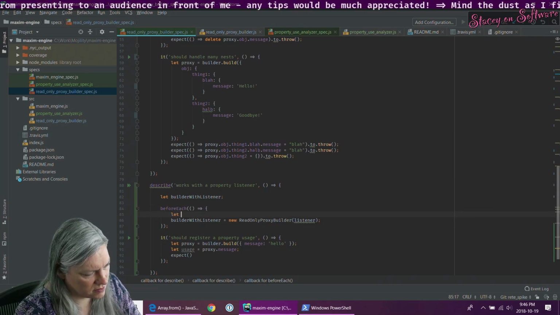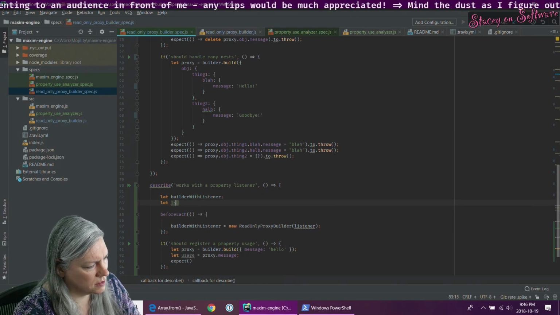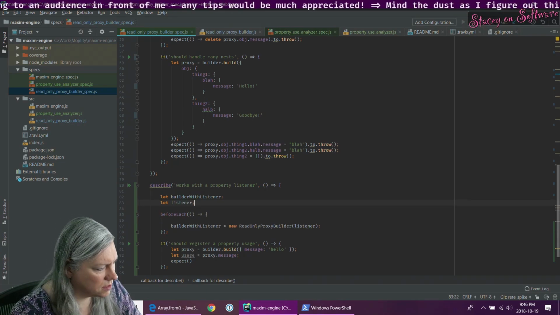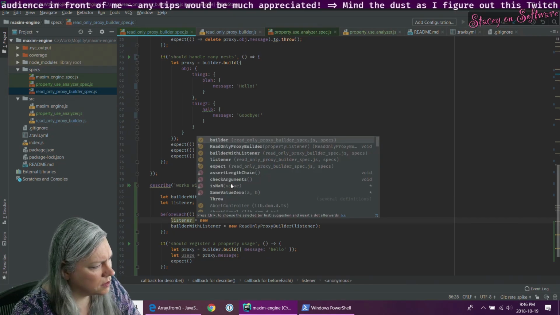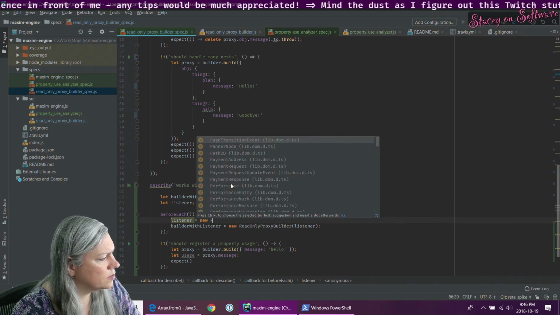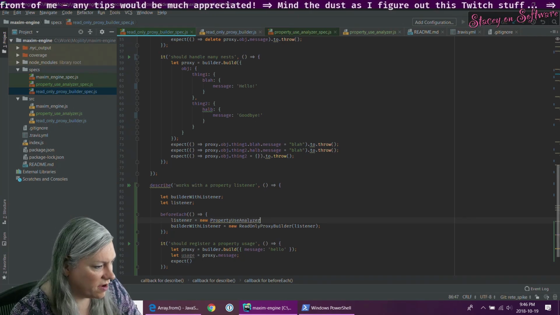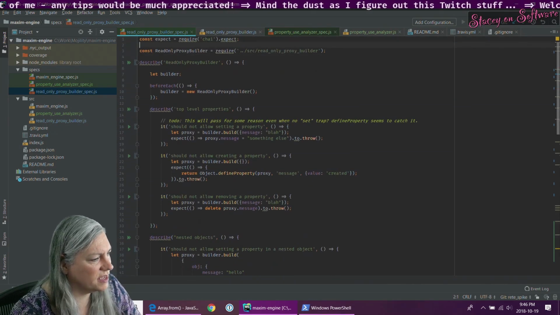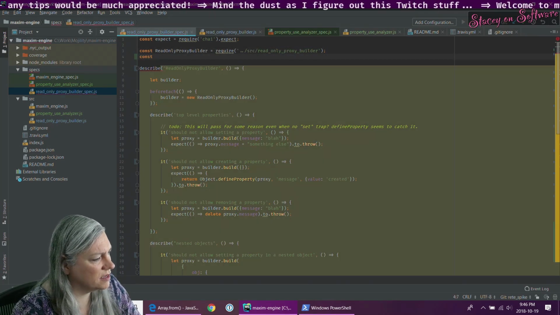Property use analyzer. So here I am calling it a listener already, and that's not what I called it. So the rename's pending.